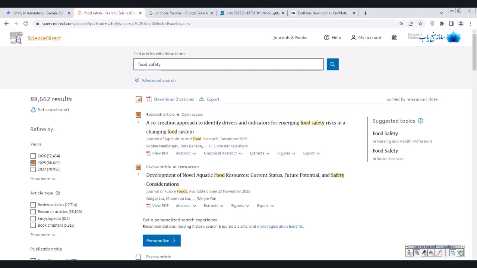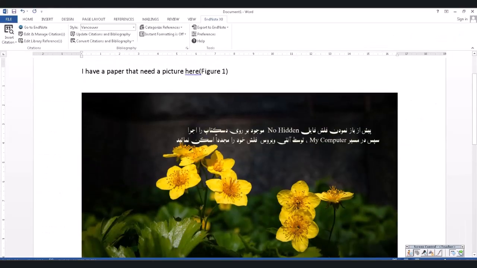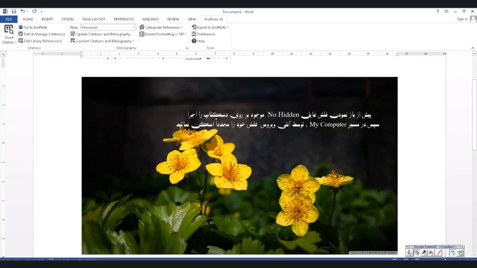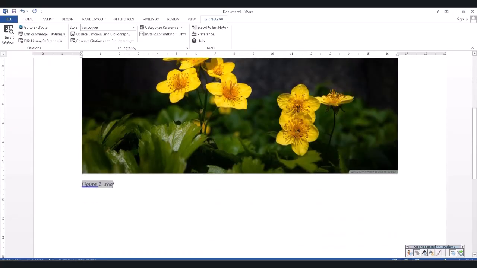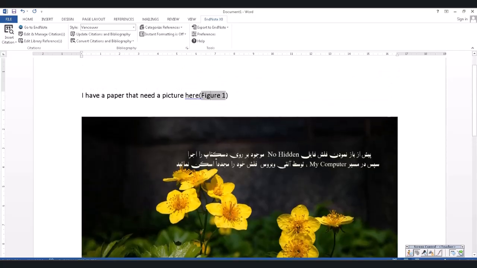Export them, export in Word, and figures. I have a picture in my thesis or a picture in the report. You can use EndNote for inserting a picture in your thesis, and have a caption with figure 1 and figure 1 in your text. You manage